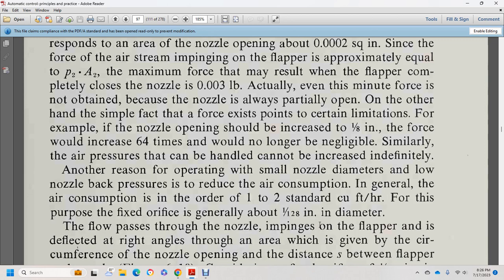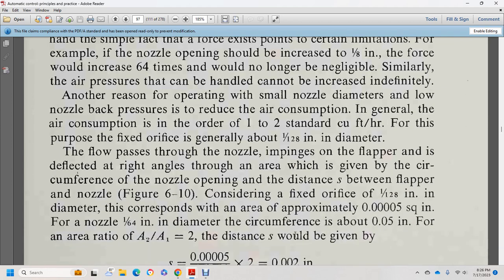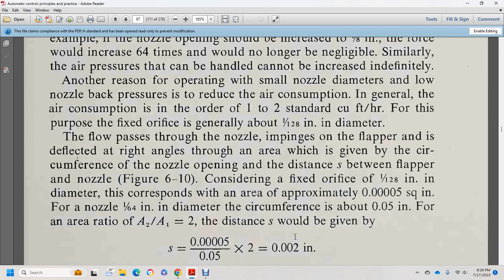Low nozzle back pressure reduces the air consumption, which in general is in the order of 1 to 2 cubic feet per hour. For this purpose the nozzle is generally 1/100 to 1/128 of an inch in diameter. The flow rate: flow passes through the nozzle, impinges on the flapper and is deflected at right angles